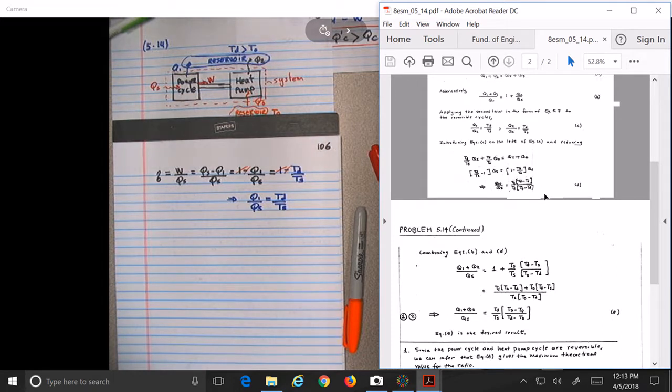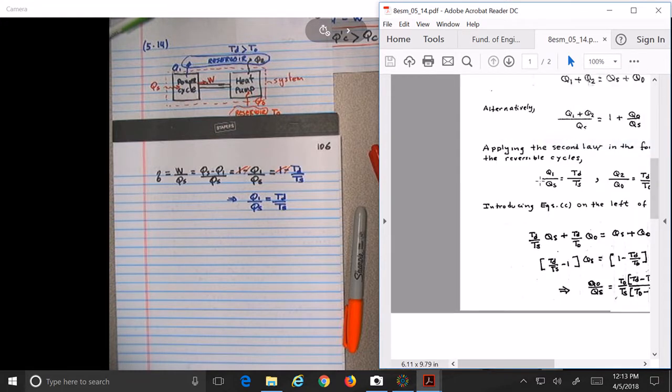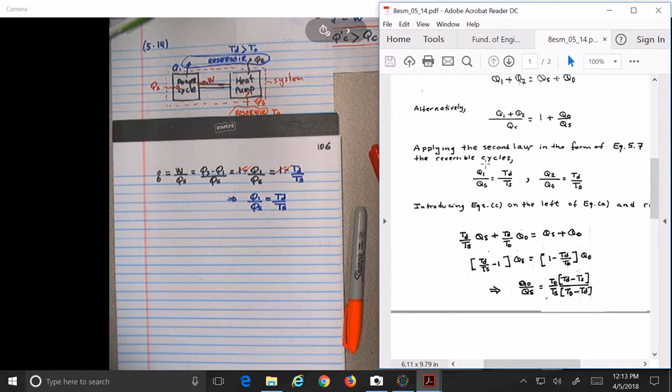Let me try to do it a bit bigger. Okay? Is what they have over here, no? But they're not explaining to you how they got this. So the important part is how you got this one: because this is reversible, then the efficiency is directly proportional to the temperatures of the reservoirs. Okay? So if we do the same thing for the